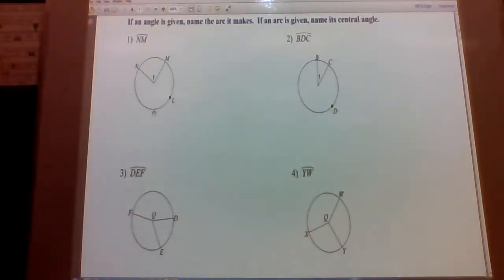Okay, so this is the central angle and arcs practice. So